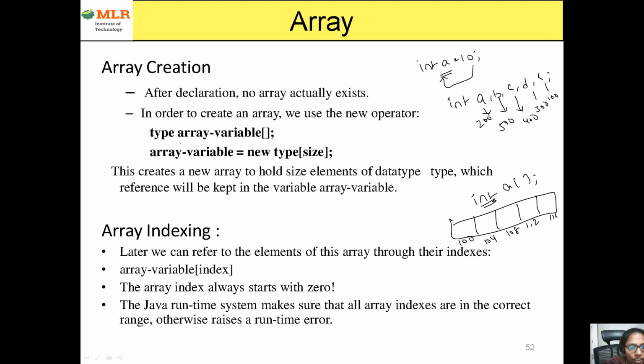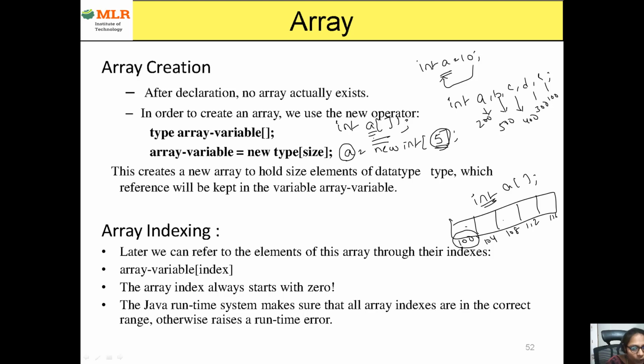Coming to the declaration, this is a normal declaration. At the time of declaration, you are not specifying any size. So int a, that's it. Don't specify the size at the time of declaration. This is only a declaration; you are not allocating any space for it. Coming to allocation, a is equal to new int of, here you need to specify the size. For example, if I want to store 5 elements in the array, the size will be 5. Now for these 5 elements the memory will be allocated, and the base address, the starting address, will be stored in a. That's why I'm writing a is equal to new int of 5.